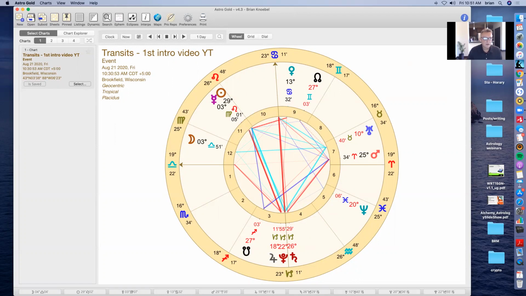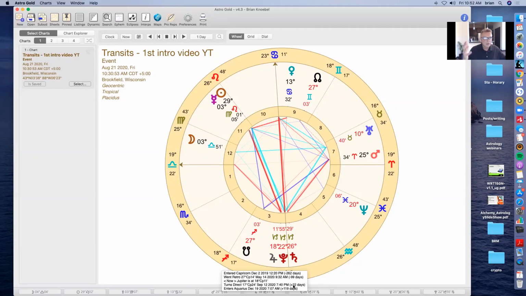I really like this down on the bottom here. This is optional. You can select it up in the menus, but it'll show the current transits, which obviously is repetitive of what's up here in the wheel, but you can click on it here and it'll give you some more information here, like Jupiter, when it's going to turn direct in 22 days.